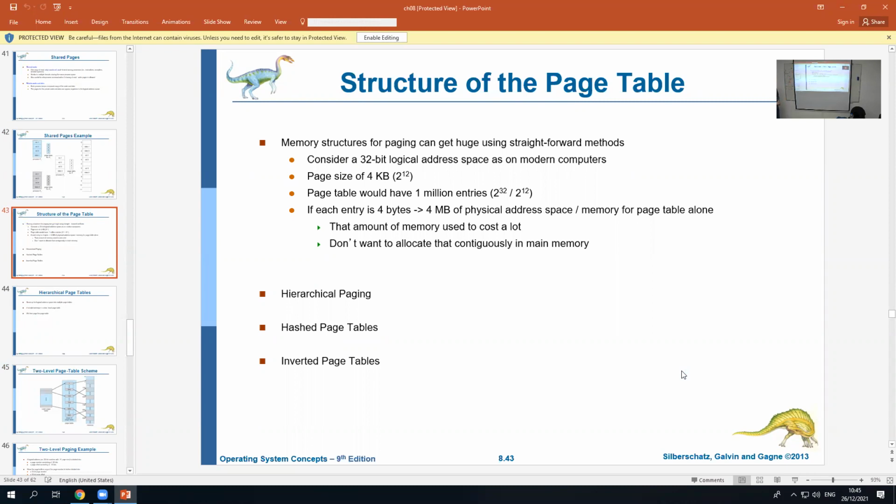Now, how big is a page table? The page table has got to have in it which page to go to, right? Which means that each row has got to be 20 bits long, which is how many bytes? Wait, but if the offset is only 12 bits, then shouldn't the size of the row be 0 to 2 to the 12? No, this is not the offset. This is not telling you the offset. This is telling you which page in memory to go to, which frame in memory to go to. So each of these rows has got to be how many bits long? 2 to the 20th,